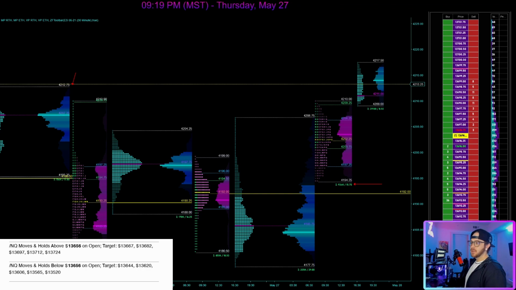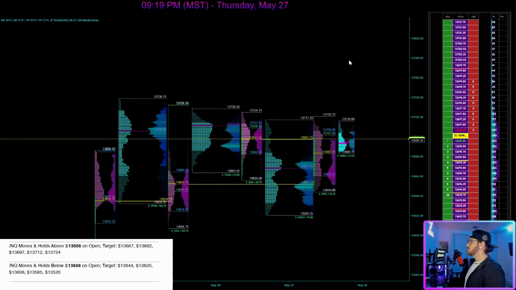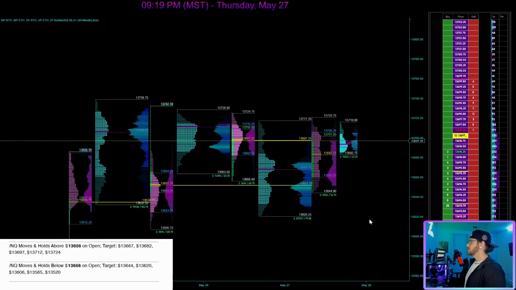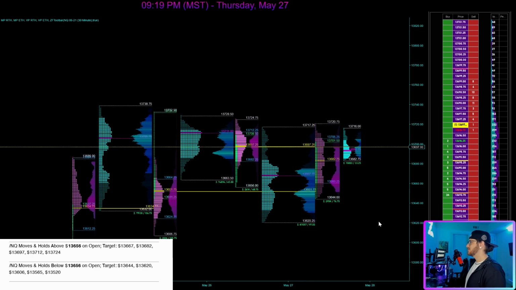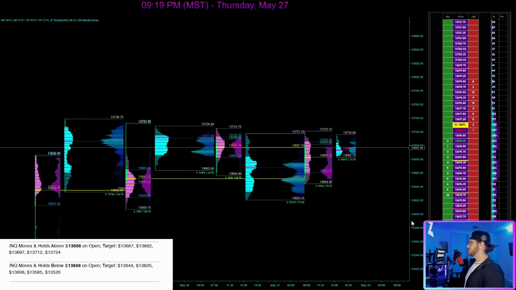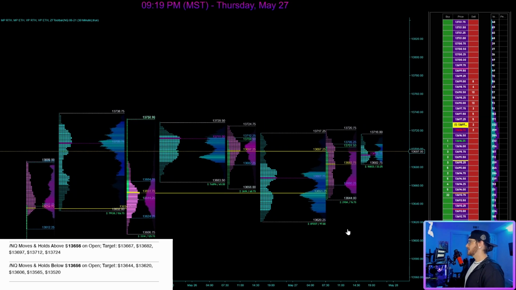Just once again, no downside targets hit on ES, so we'll move right on into NQ. Super tight range for NQ. We had a 76-point range today on NQ as well. Yesterday we had a 68.75 point range, so very, very tight. These are some of the smallest ranges I've seen on NQ in quite a while, and that's saying something.